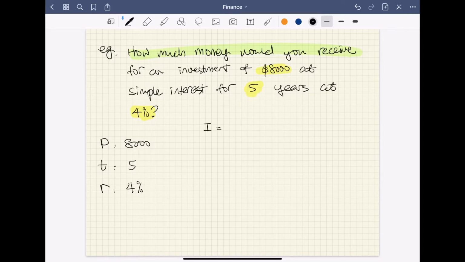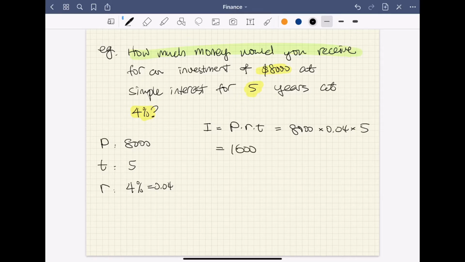Interest is equal to PRT, P times R times T. So that's 8,000 times R is 4%. Now, remember that whenever you're using percentage in a calculation, you need to change that to a decimal first. So that will be 0.04 times T is 5 years. So the interest you will be receiving is